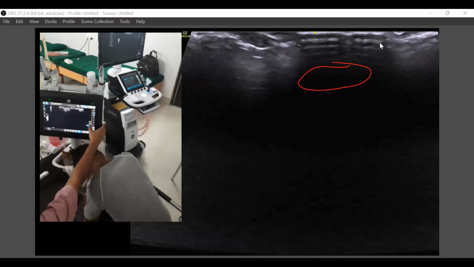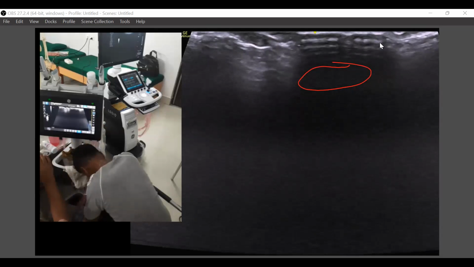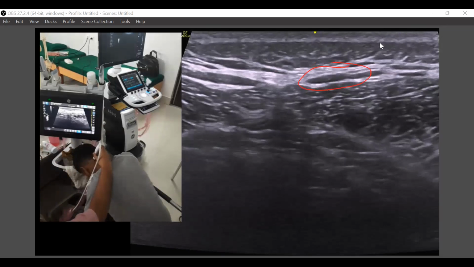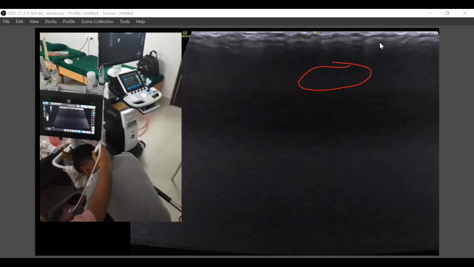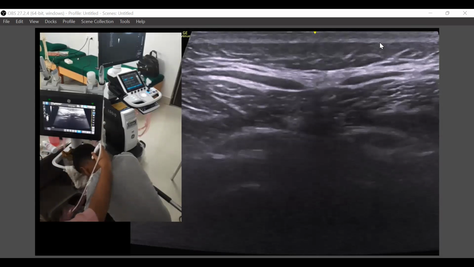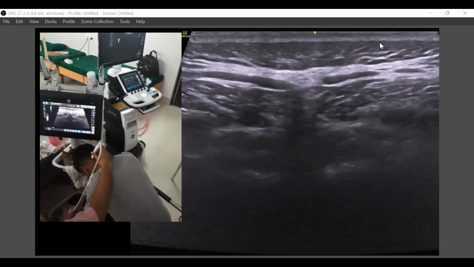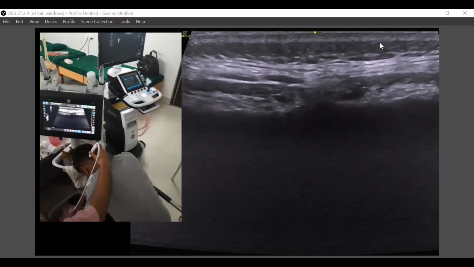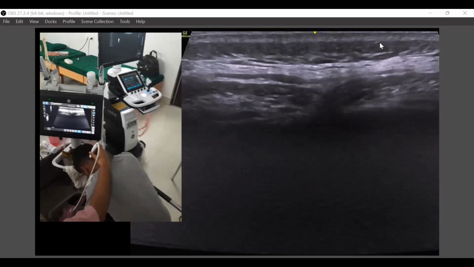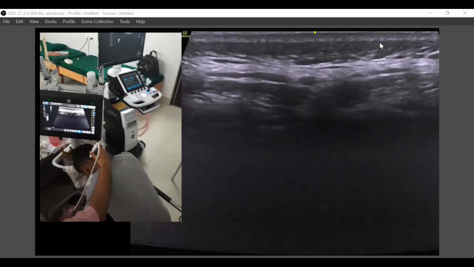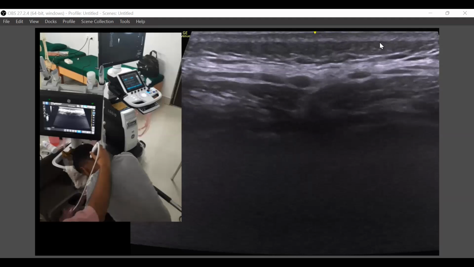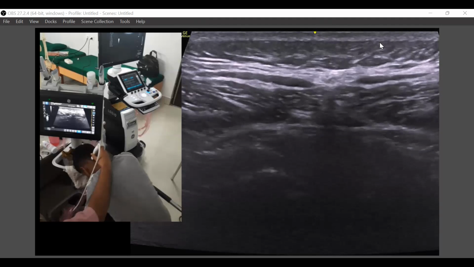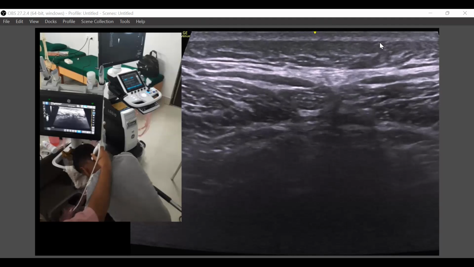Let me increase the depth again a little bit. Okay, so I'm starting from here, occiput, and then I'm coming down. The semispinalis muscle has started. And at this point,